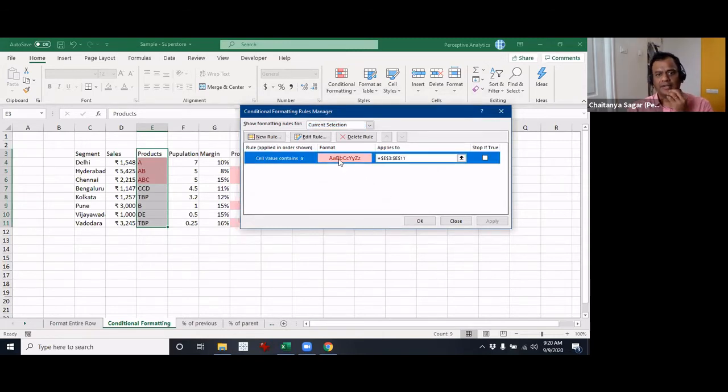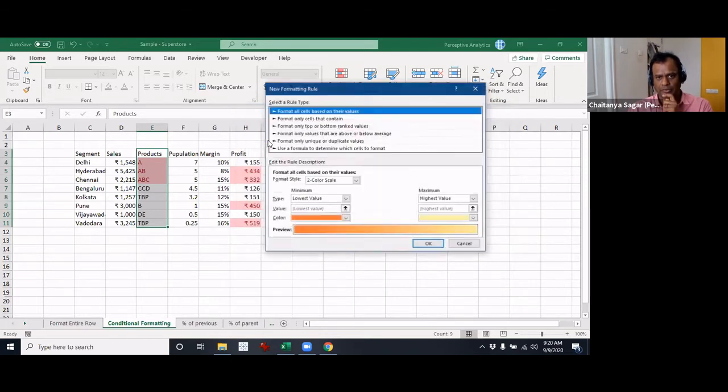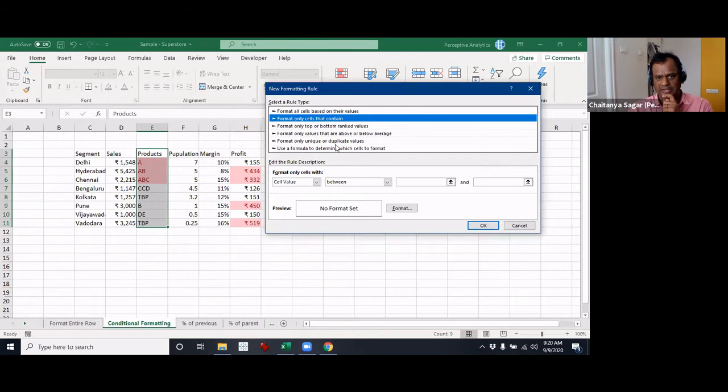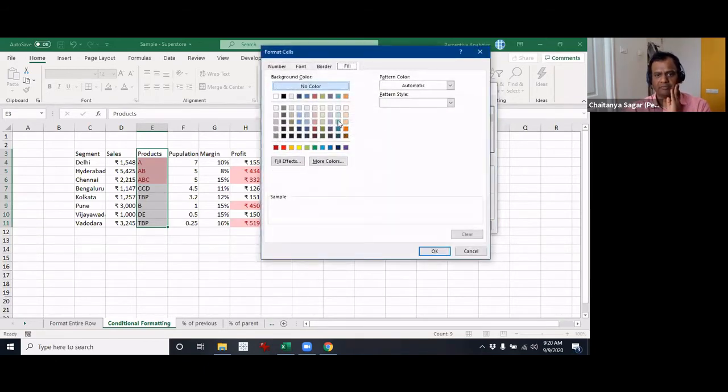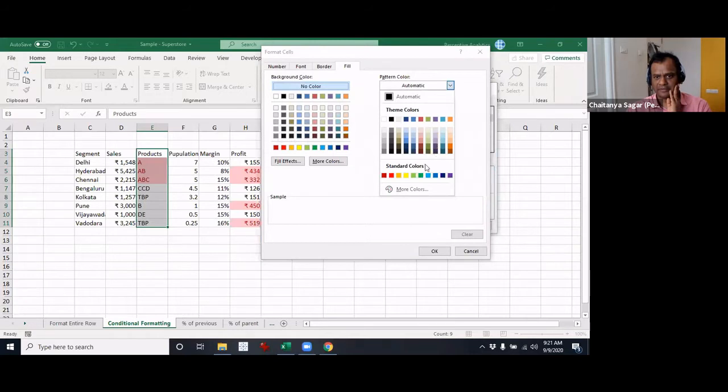All right. So now I can add a new one right here. New rule, cells that contain, cell value equals. Now you can put in a B right there, and then we'll have to select the same formatting. I think we have to get that specific color right here.